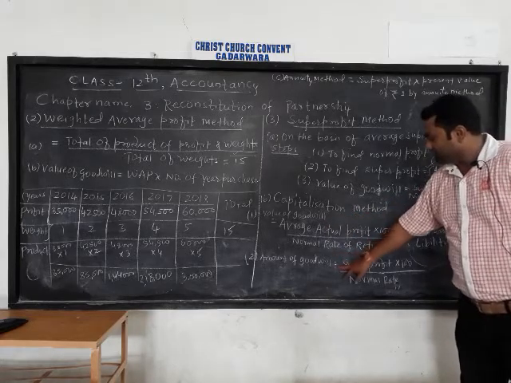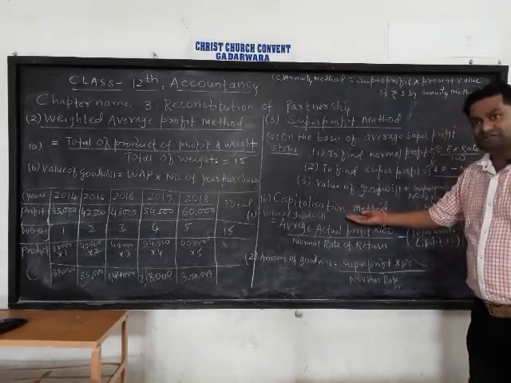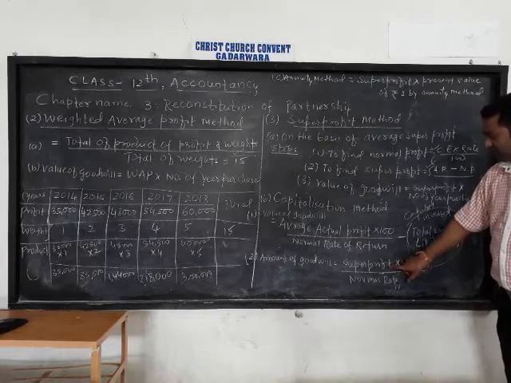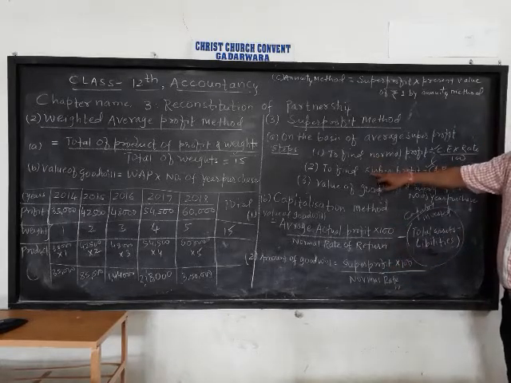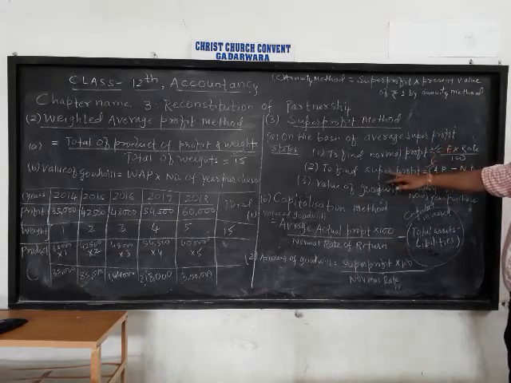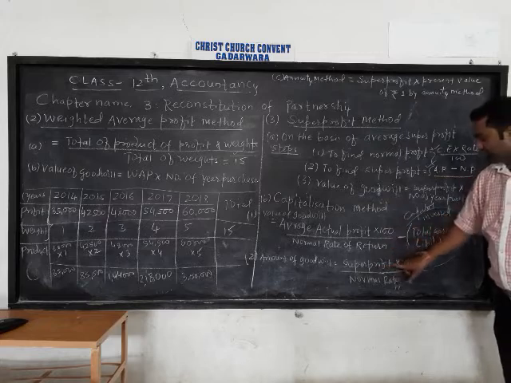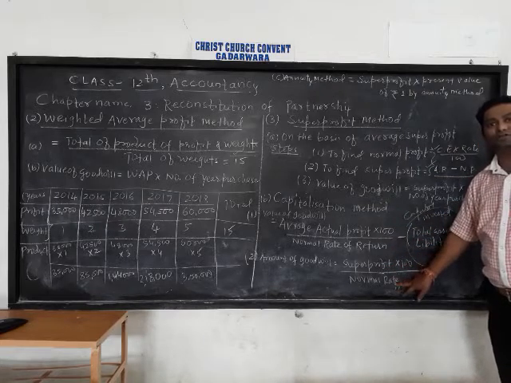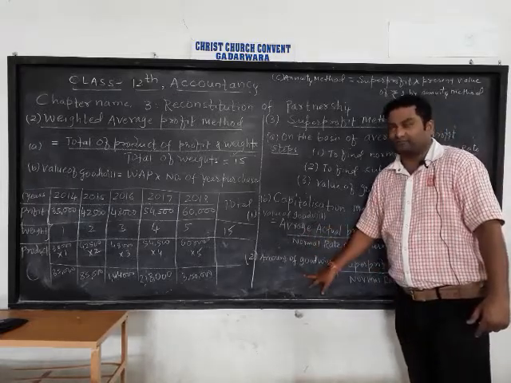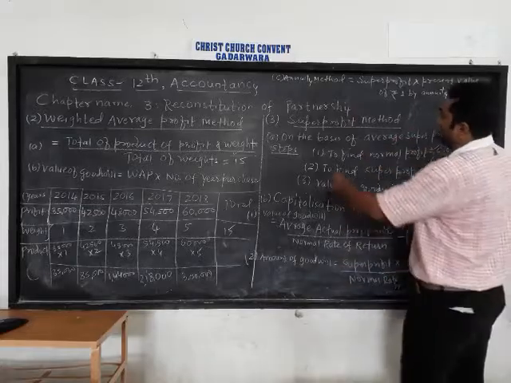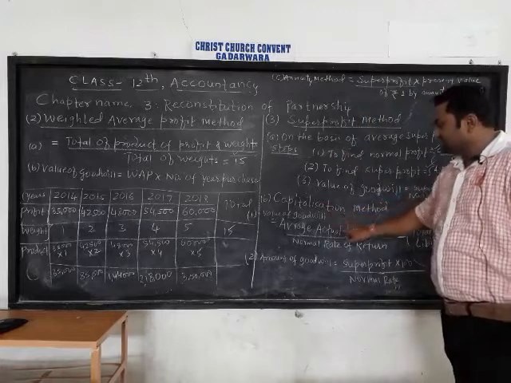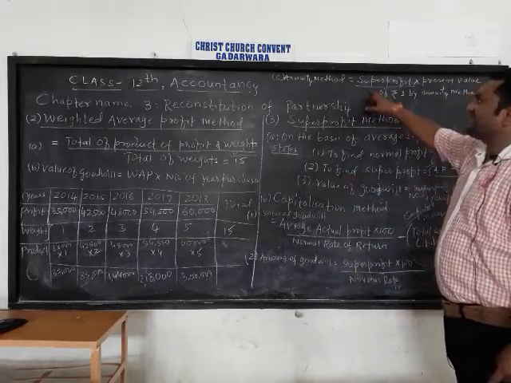And the second formula, to find the amount of goodwill, you can use either this one or this one. If you are given super profit you can find it by using these two. First, find normal profit, average profit is given in question, then find out super profit. So super profit multiply 100 upon normal rate of return. Either you can use this one or this one. And third, under this only, the super profit method. In super profit you have three methods. First, capitalization, second, super profit one, and third is the annuity method.